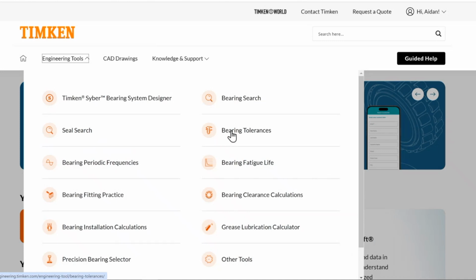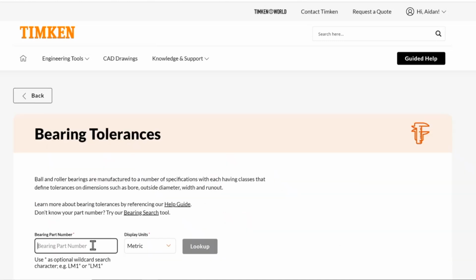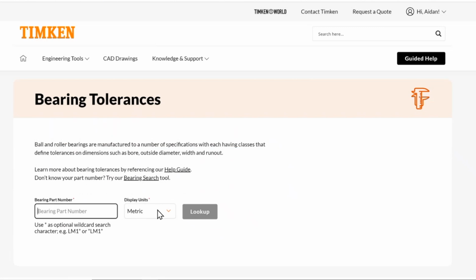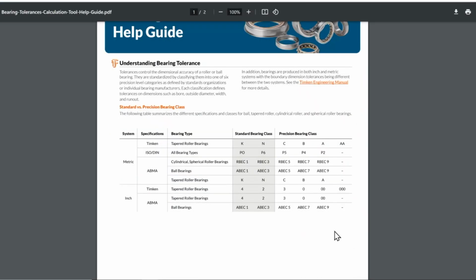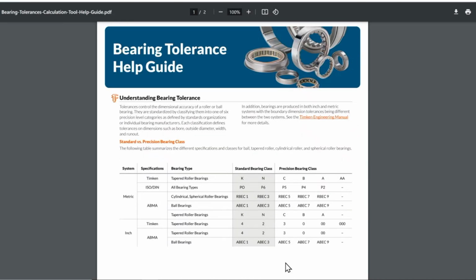Once in the bearing tolerances tool, you're able to enter your part number and display the tolerances for a specific part. But if you're not familiar with how bearing tolerances work, it'd be a good idea to check out the help guide before you watch further in this video. The help guide has some helpful clarifications on what's a standard bearing class tolerance nomenclature and what's precision bearing class. That way, when you're selecting your tolerances in this tool, you'll be able to identify which one is most applicable